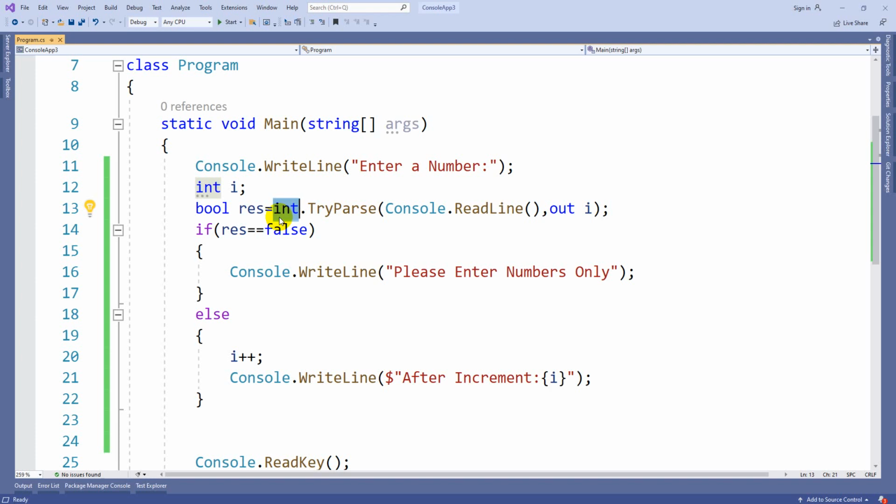So this is how you can convert the values entered by the user by using the Parse method and TryParse method. I hope this has given you good clarity about how we can read input from the end user and how we can convert it into the respective formats, because the values always come from the command prompt in string format. Okay, thank you.